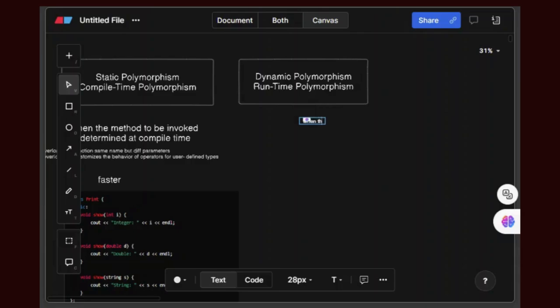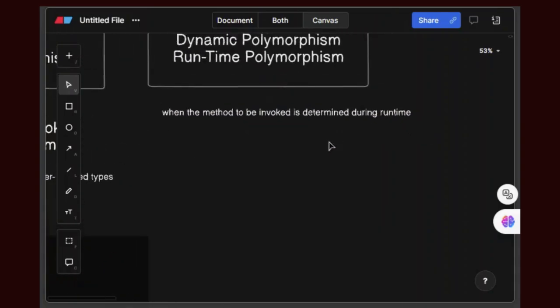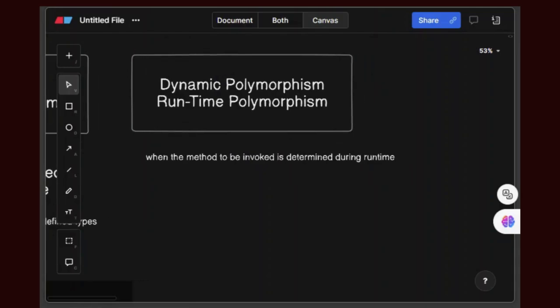So if we are determining during runtime which function or method is to be invoked, then it comes under runtime polymorphism.